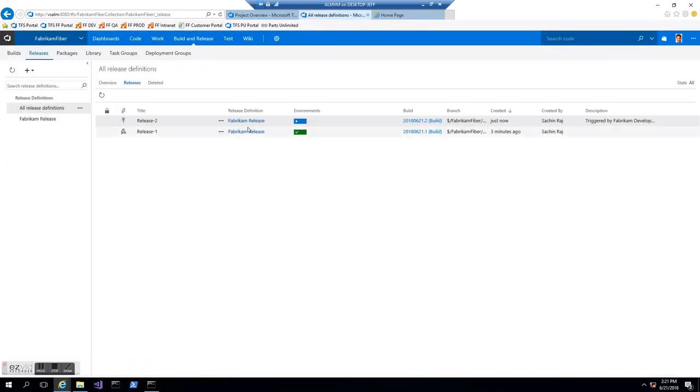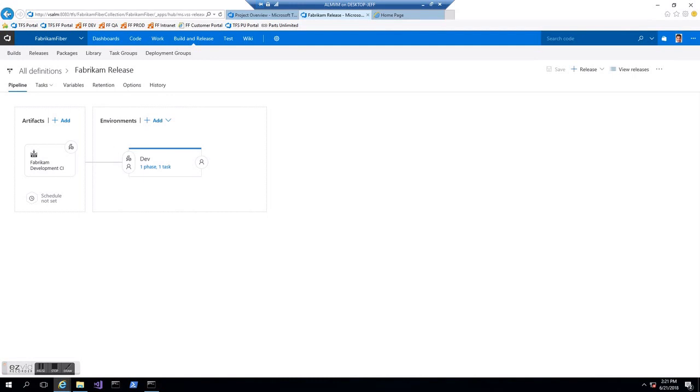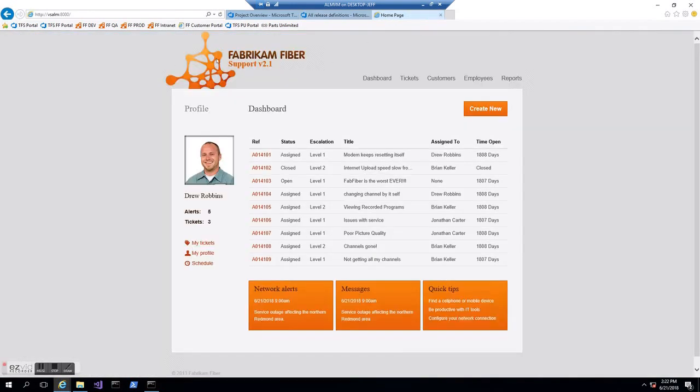Now at this point, our release should have kicked off. You can see our release is now doing its work, copying the files over to our target directory that IIS is looking at. Alright, so now if we go back to our home page and refresh our screen, you see that 2.1 is now changed to 2.0. And that is just a quick example of